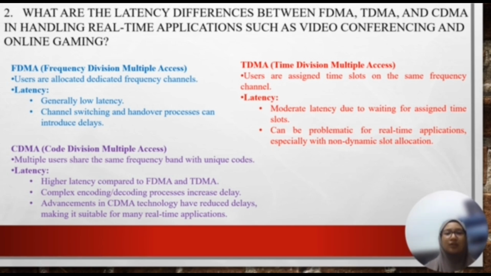For TDMA, users are assigned time slots on the same frequency channel. Moderate latency due to waiting for the assigned time slot can be problematic for real-time applications, especially with non-dynamic slot